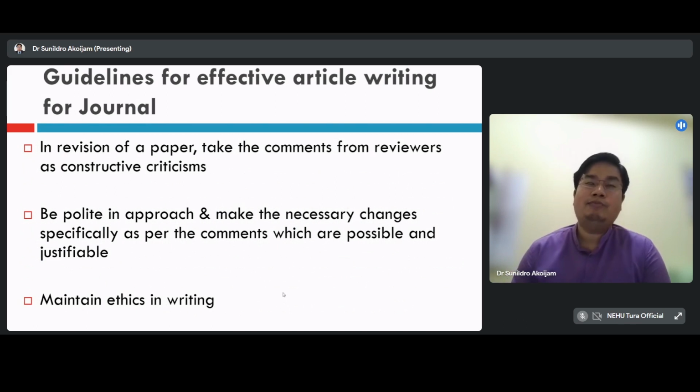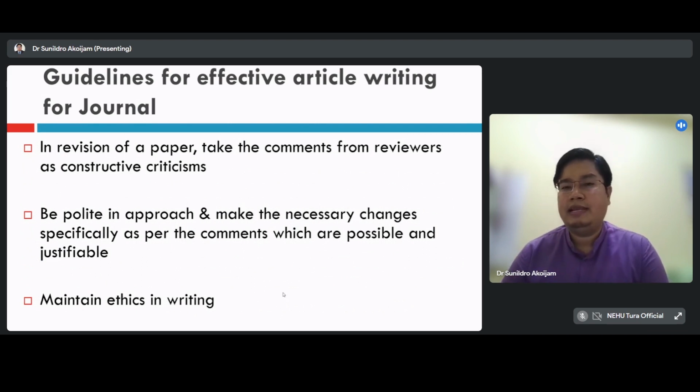Okay, and let me tell you one more thing here. When you get certain comments for revision, reputed journals are very particular in terms of how you address each comment. Suppose you get 5 comments and you are asked to revise your paper, then against each comment, you have to tell very explicitly what you have done in the revised paper. You have to give the rationale as to what and why you have done the revision as per the comments.